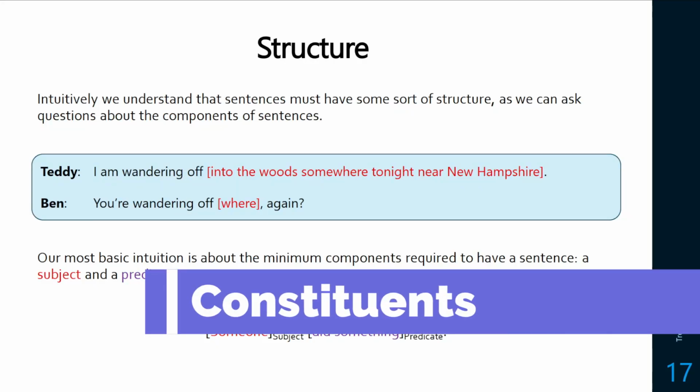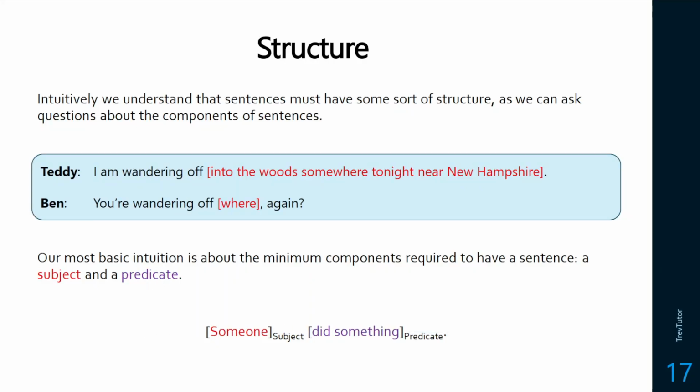Before we talk about the depths of grammar, we need to talk about the fact that we know sentences have some sort of structure. So we can ask about components of sentences. For instance, if we have the sentence, I'm wandering off into the woods somewhere tonight near New Hampshire, we're able to question part of that sentence and say, you're wandering off where again? And what this implies is that this group of words right here, from into until Hampshire, is a unit that